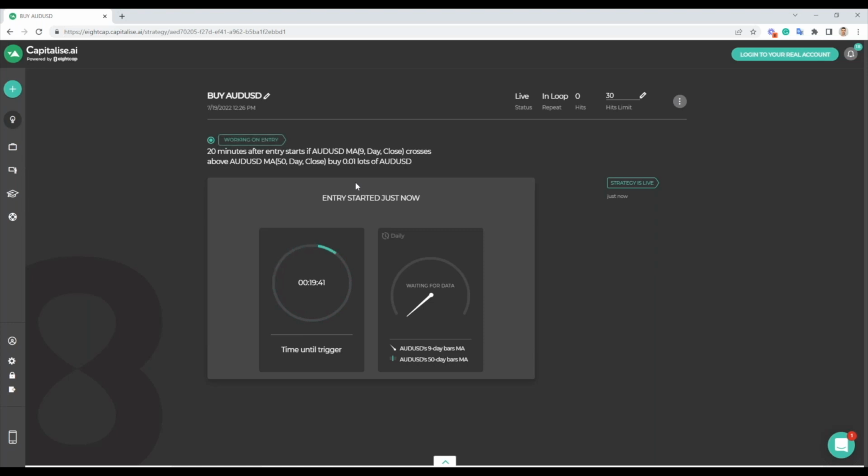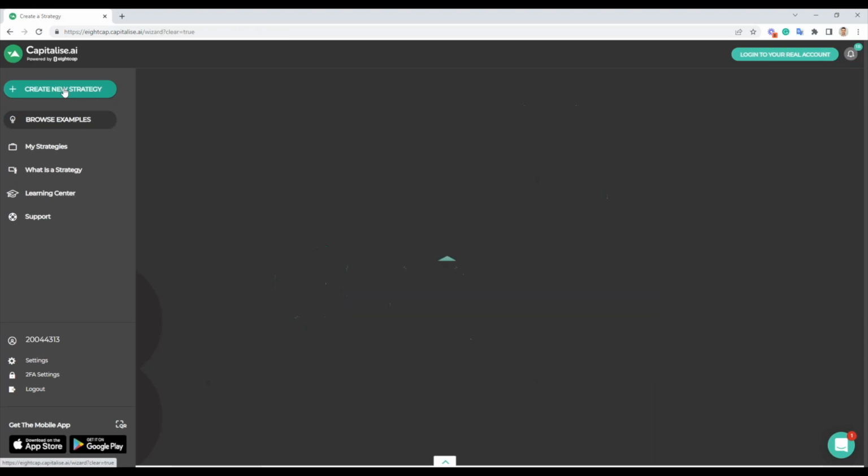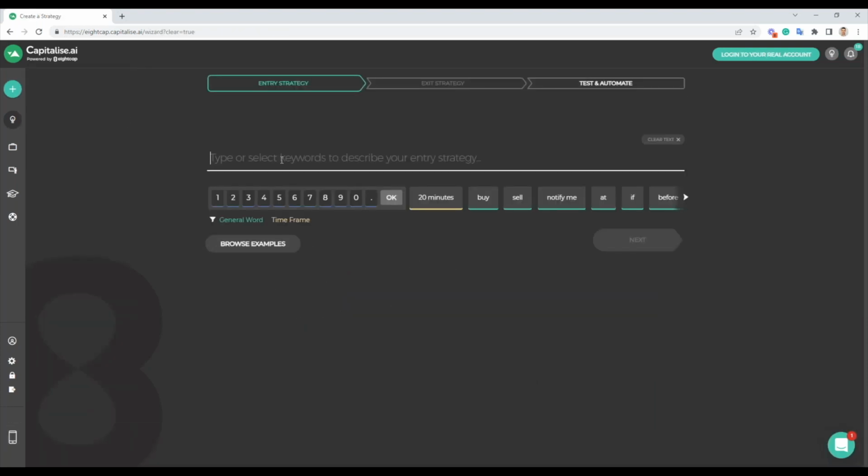Great, traders. The last strategy we're going to look at before we quickly go check out how our first strategy is performing and all the trades it has executed, I just want to introduce you very quickly to a notify me strategy. So on Capitalise, you don't only have to buy or sell. You can also just notify yourself. There may be something that happens in the market that you want to know about, but you're not sure which direction you want to go yet, or something like that.